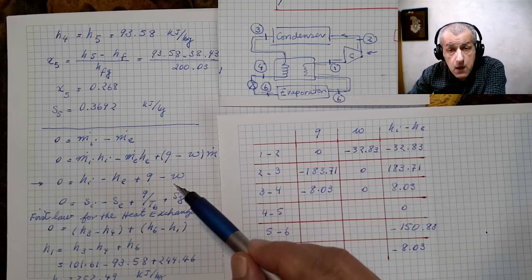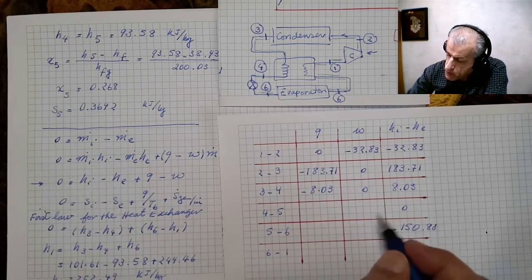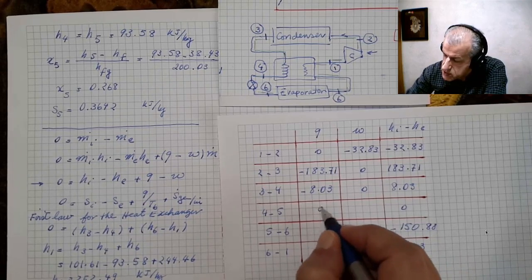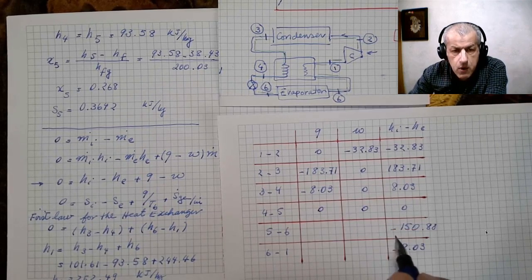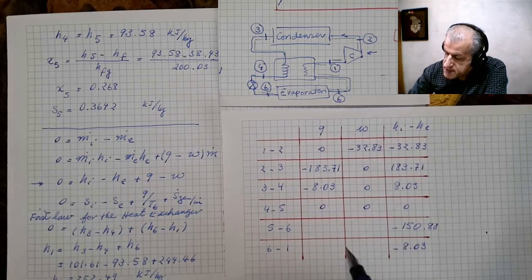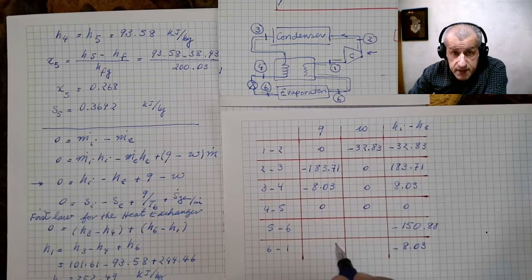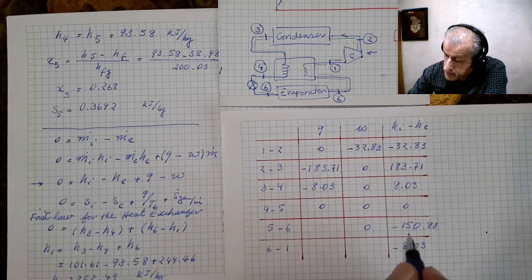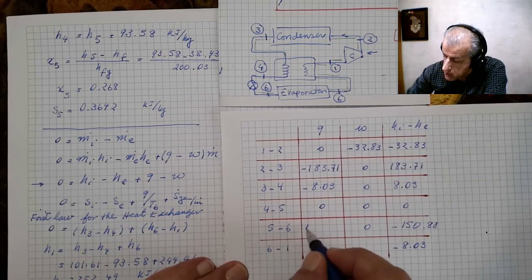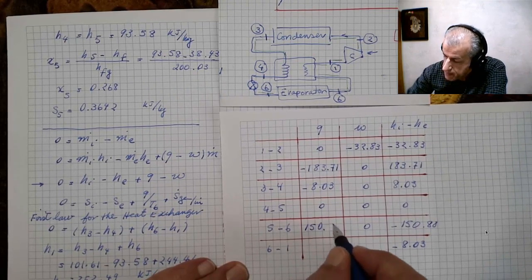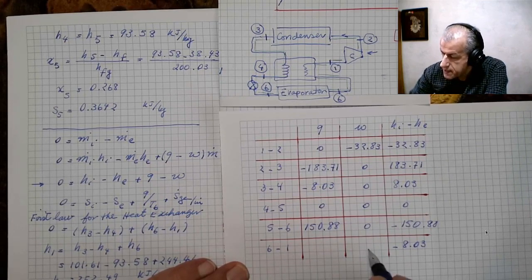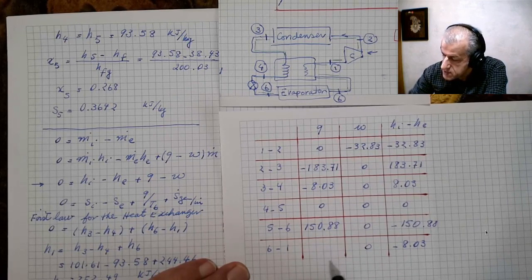All work values would be the same. Process 4, 5 is in the throttling valve, and there is no heat transfer, there is no work. Process 5, 6 is in the evaporator, and there is no work, and the heat transfer would be 150.88. And here in 6, 1, work is 0 and heat transfer is